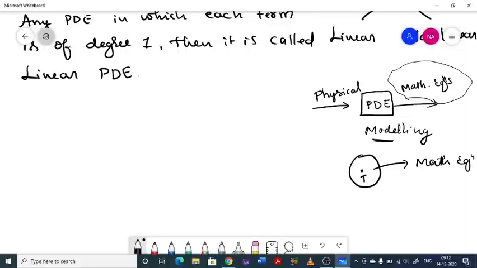Under that we are going to study partial differential equation. So here the first problem or first method we are going to discuss on partial differential equation is formation of PDE. Formation of PDE. So I'll explain the procedure. Problems will be discussed in the next video. How partial differential equations are formed. That is most important, to convert a physical situation into a mathematical equation.